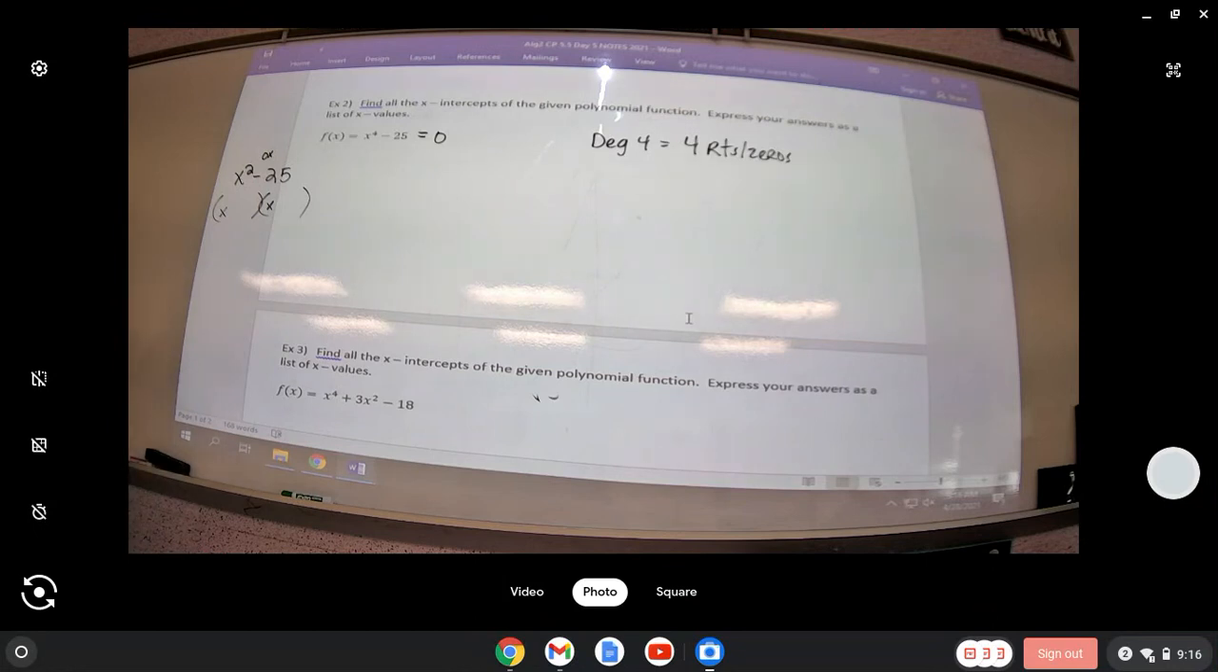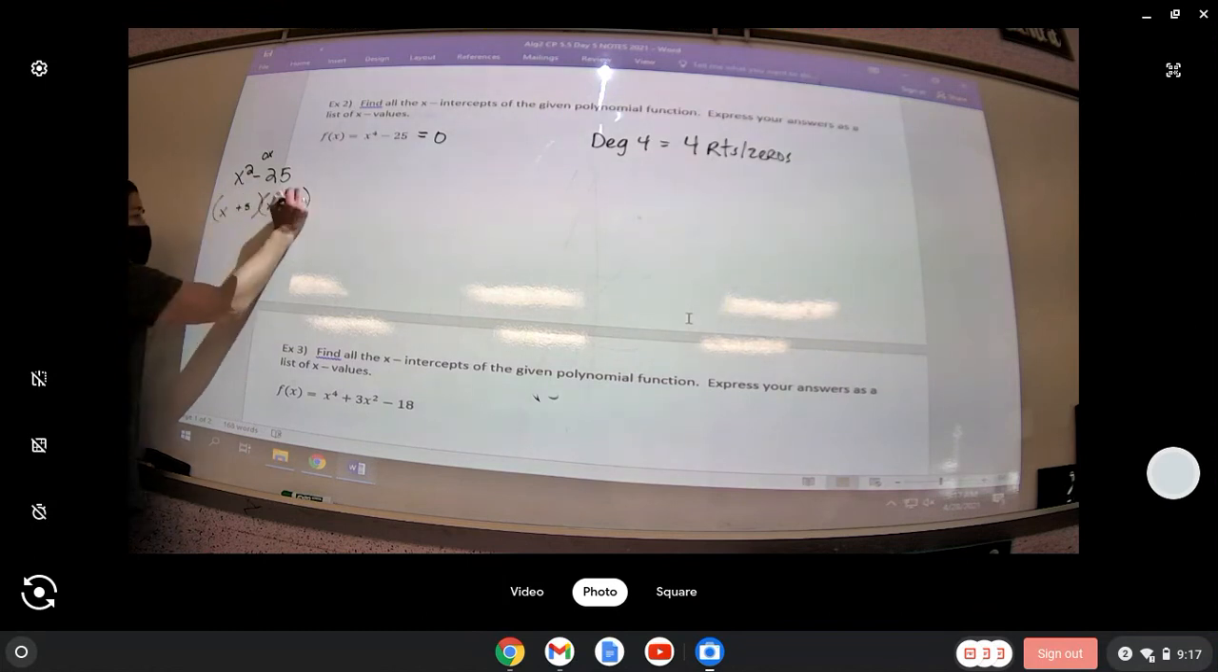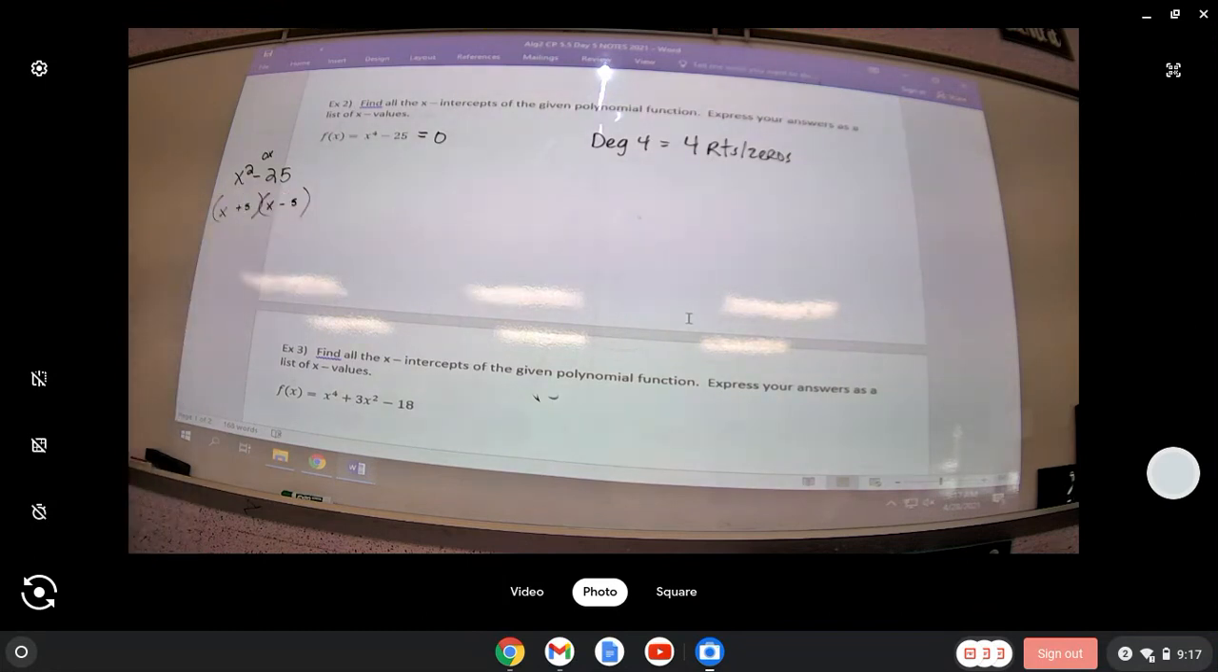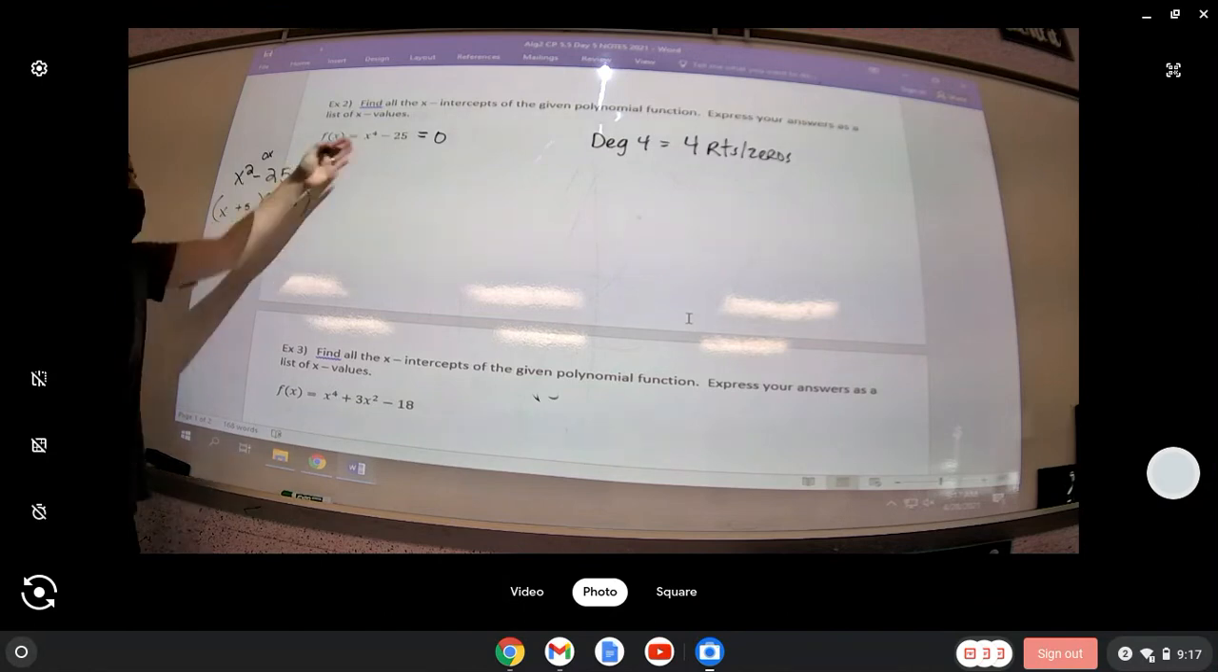Does anybody remember? The difference of two squares, guys, they always factored to matching factors, except one was a positive and one was a negative. So do you know what numbers we need to make this happen? Plus 5 and minus 5. Difference of two squares always factored to matching factors, except one was plus and one was minus. So guys, if you look at this one,